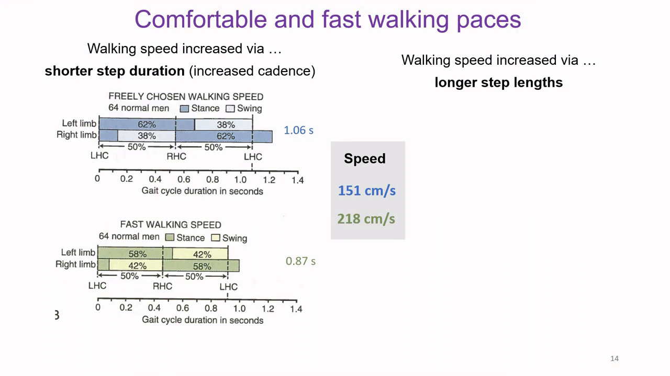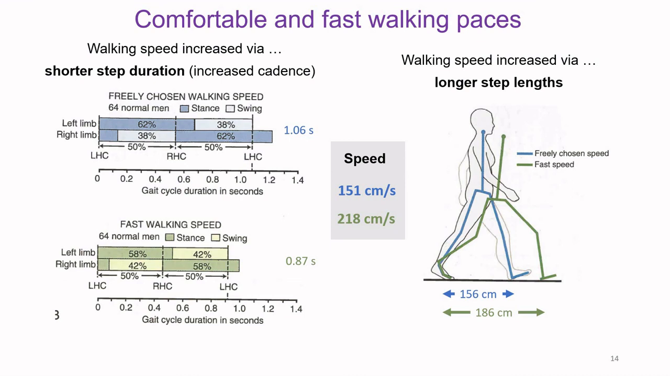When you look closely at the data in the blue and green bars, you can see the point that we made earlier being illustrated. When participants walked faster, there's a relatively shorter period of double support. In the case of step length, here we see an illustration of the changes that take place. We see that the participants in this study had a much larger step length when they were asked to walk